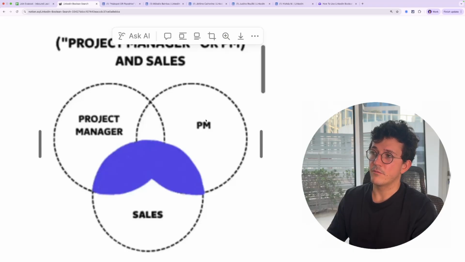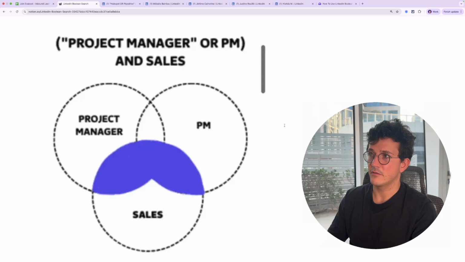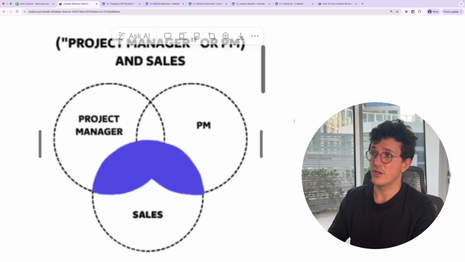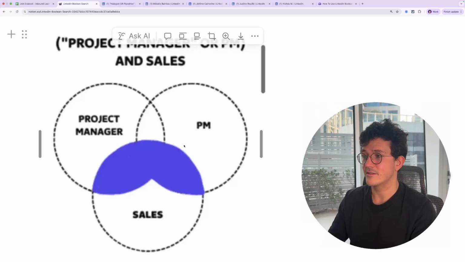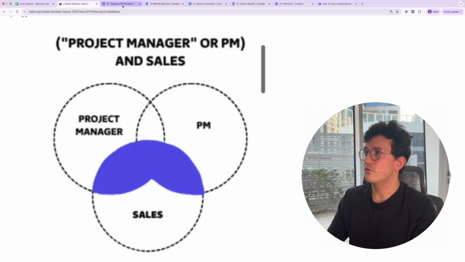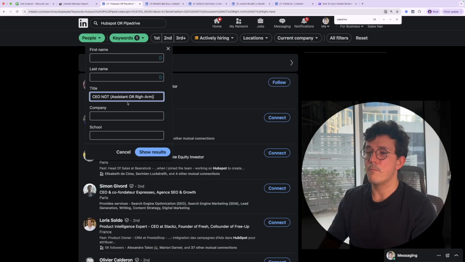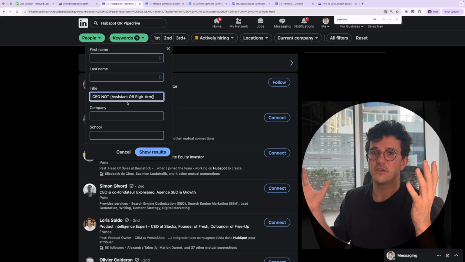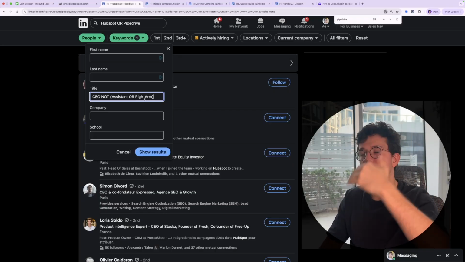the people that have project manager or PM here and sales in their profile, because it works like a multiplication: project manager and sales, PM and sales. And since I have the OR, I will also have the people that are project manager and PM and sales in their profile. So that's really useful when you want to look for a lot of different job titles without writing a